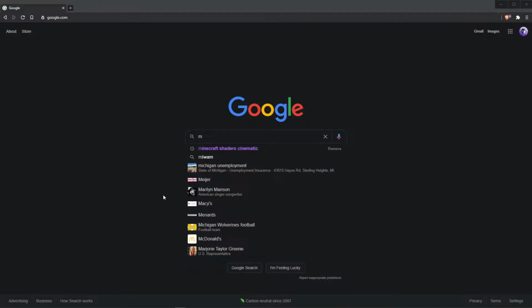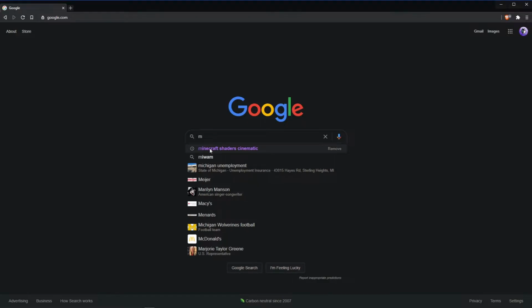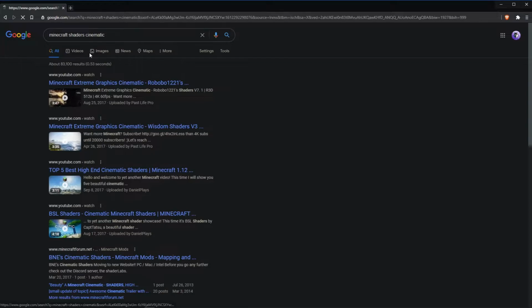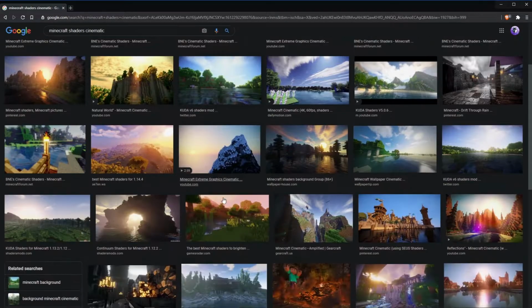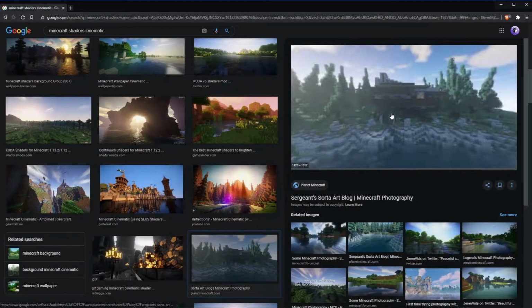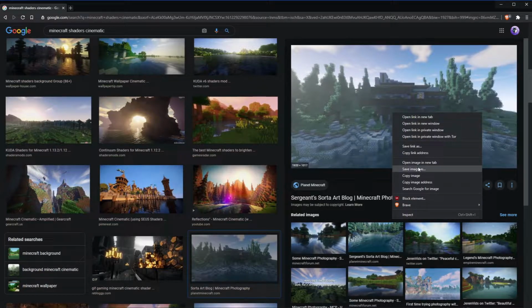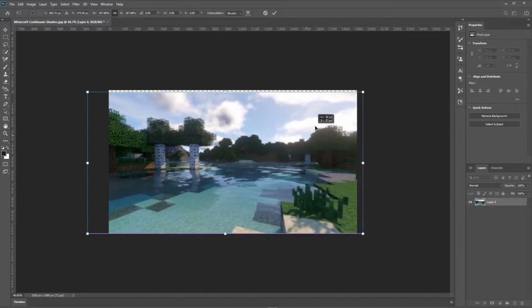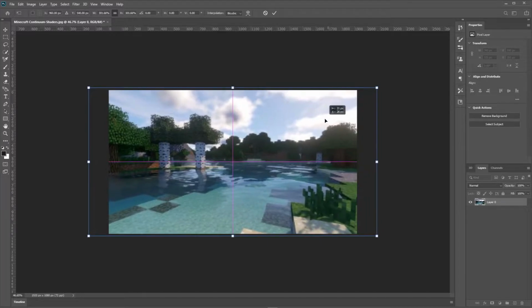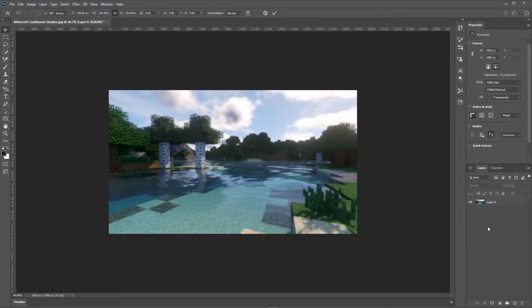So now you can either go into Minecraft and find a good picture to use as the background, or you can search one up on Google like this and go into images, and then you can find one that you like. So if I want this one, I could choose this one and save the image. Now you can resize your background by using Ctrl-T. Keep in mind it doesn't have to be perfect because it's not really the focus of the thumbnail,